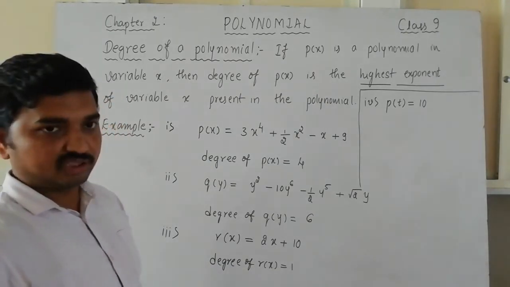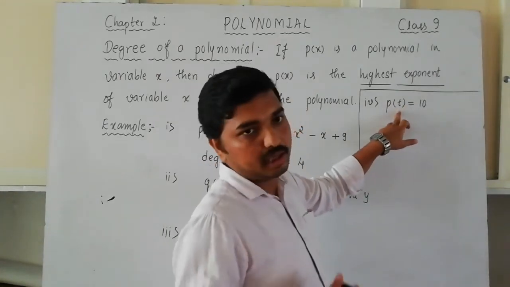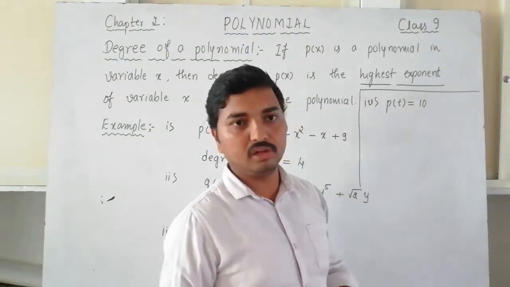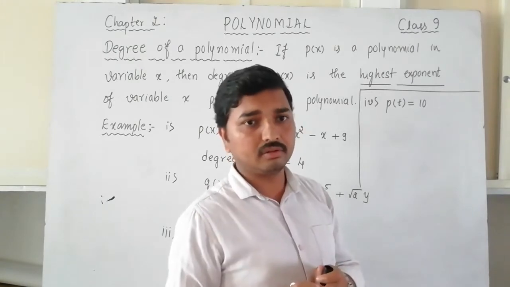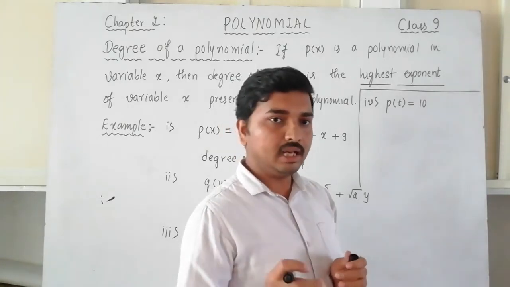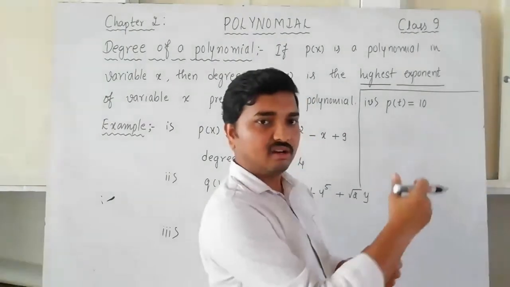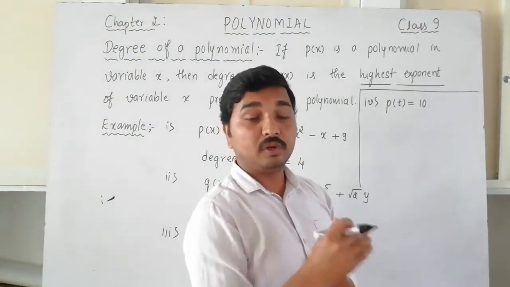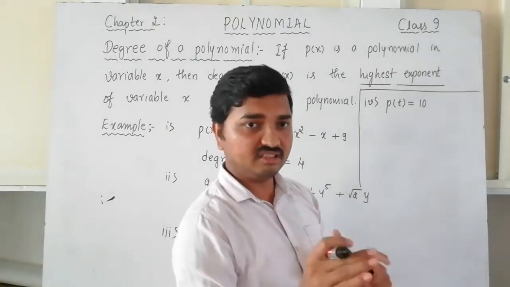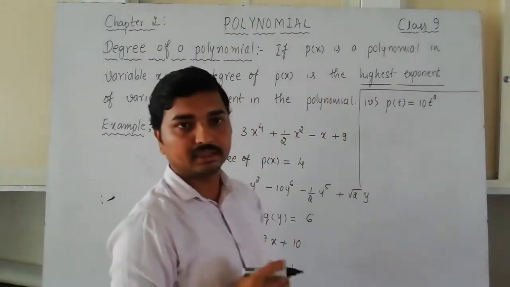Now if you look at the polynomial, it is actually a polynomial in the variable t. But t is actually not present. You can't find the t in the given polynomial. It is just a simple number. 10 is just a simple number. Even though it is just a number, you can treat that number as a polynomial itself. This is because it is actually the last term, the constant term of the polynomial. If only the constant term is present, you still have to consider that one as a polynomial, because it is actually like this: 10 into t power 0.